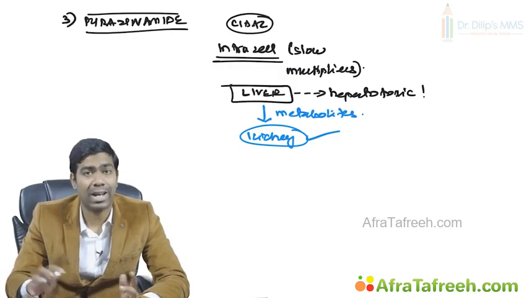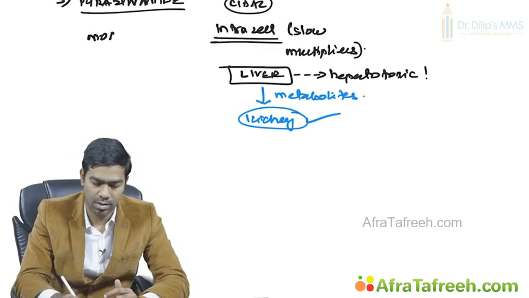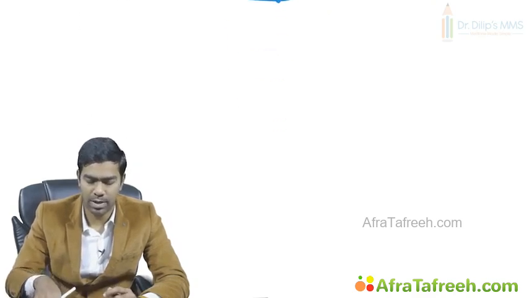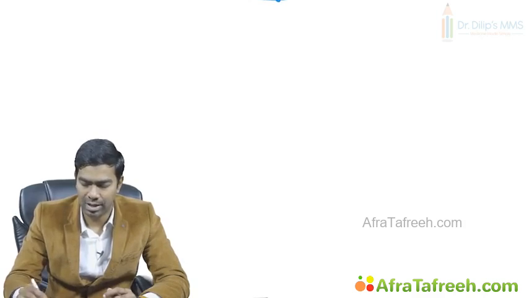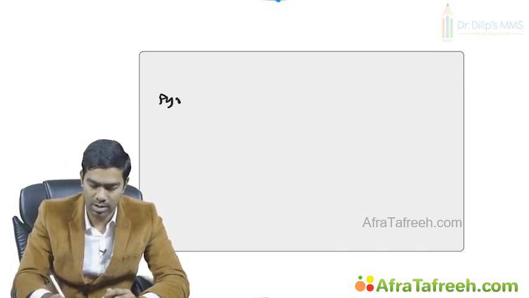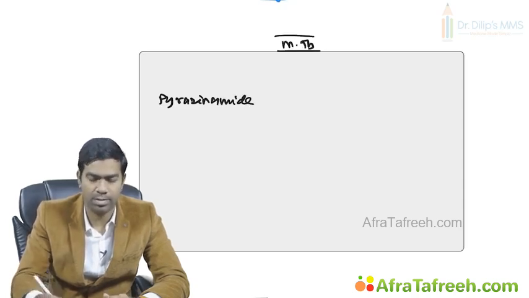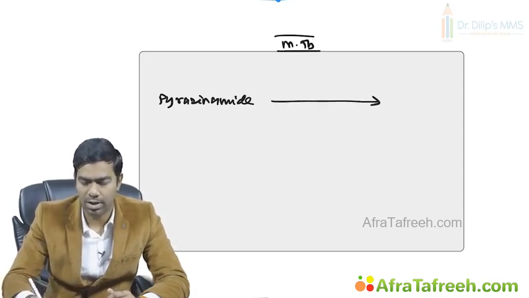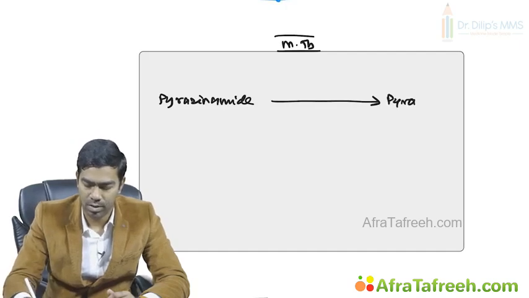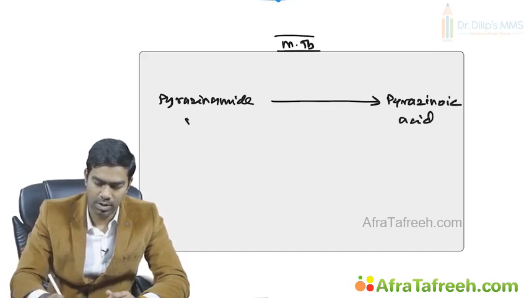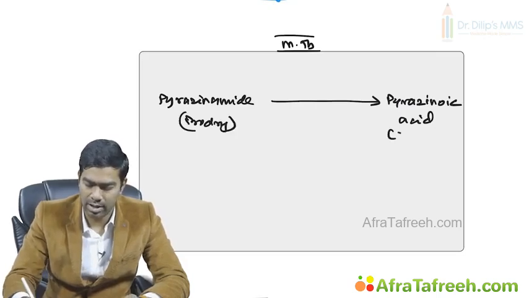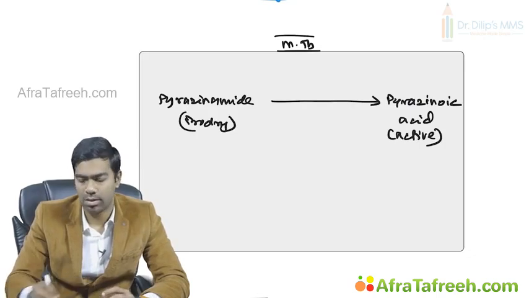And next, what is the mechanism of action of pyrazinamide? The mechanism of action is complicated, and many of the studies are telling we really don't know what the mechanism is, but still we can try to understand it. What is important to understand is that pyrazinamide, after it enters the cell of a Mycobacterium tuberculosis, will be converted to another compound, an active compound called pyrazinoic acid. So remember, pyrazinamide is a prodrug by nature, and it will be converted to the active component called pyrazinoic